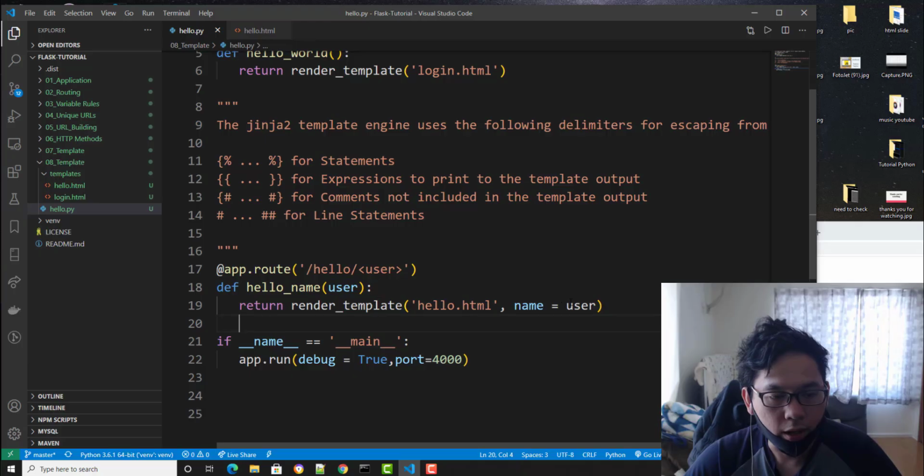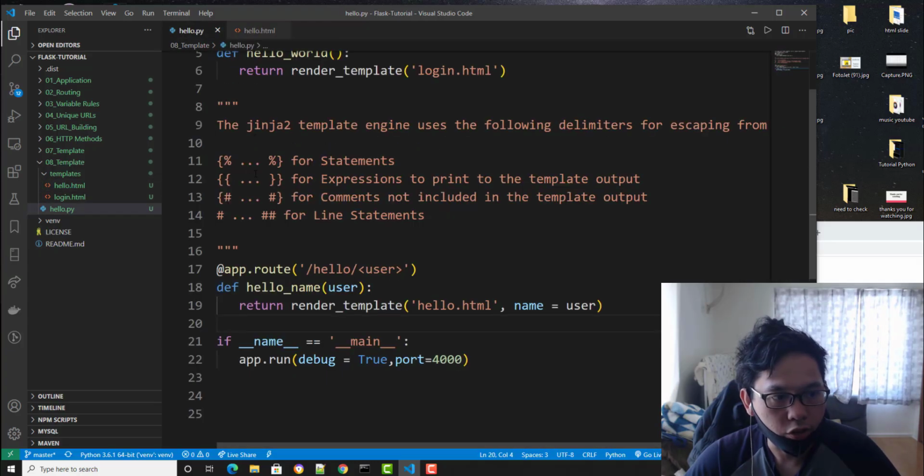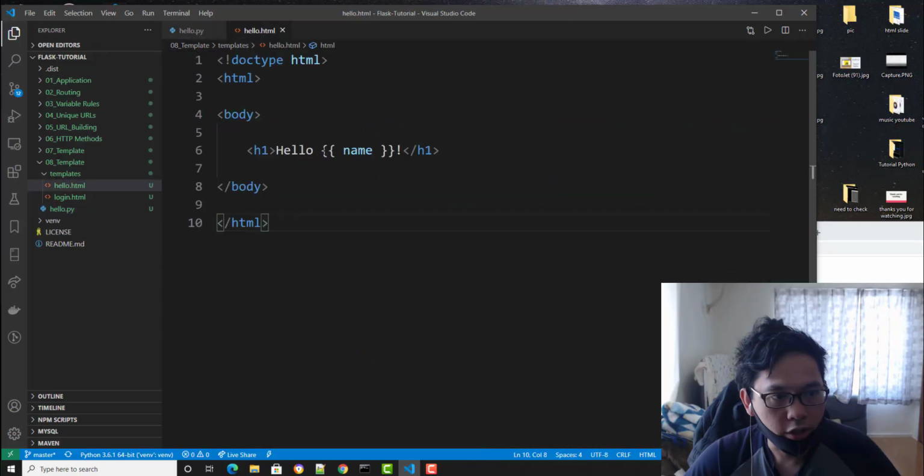How are we gonna pass a variable to the template by using render_template? Just learn this. And okay, one more time, how to pass a variable to your HTML template. You're gonna pass this on the second parameter, and you're gonna go to the hello.html using this one, the expression, using expression hello.name.